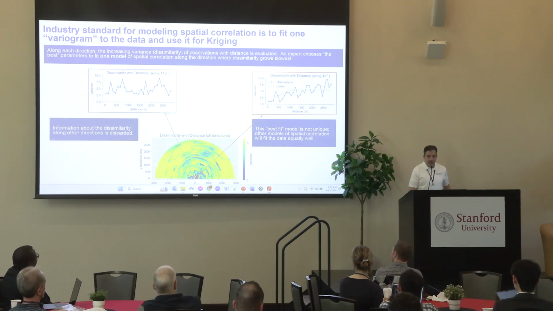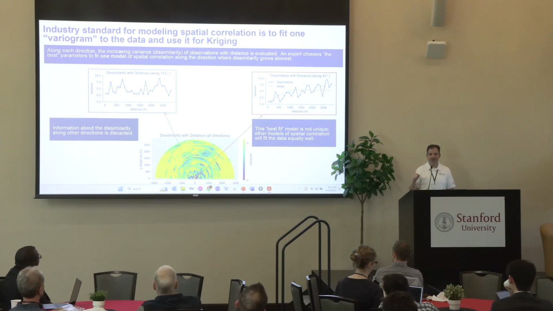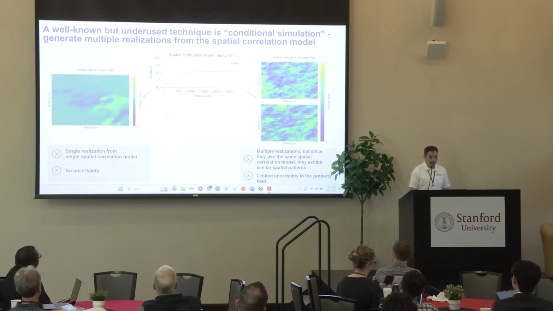And typically, you would just build one of these spatial correlation models or variograms, right? And you would make plots that look like this, but then there would be a lot of intuition and judgment that would go into it. And then at the end of the day, you would say, I've got the best variogram for all of my data. And then once you do that, you can start to make predictions.